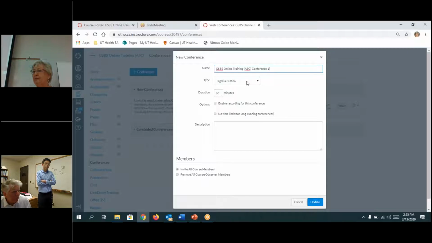permission to do this. The big blue button is making accommodations to schools who are going through this time of stress. So everybody's trying to accommodate and do the best we can. So you'll see, this is going to go just like it's in class. And then you can require students to watch in real time, or you can allow them to log back in at a later time and give you feedback, maybe post a question at the end of it that they have to respond to you. It just needs to be coordinated.